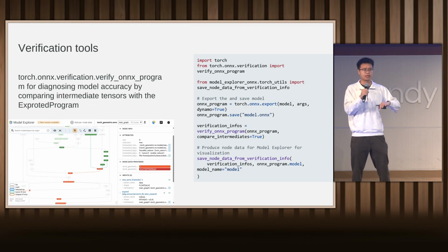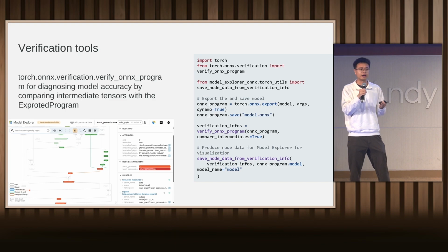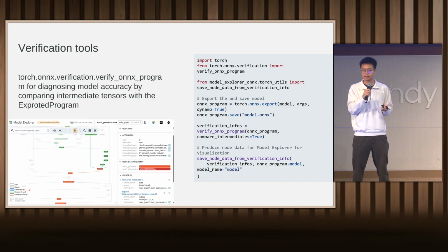Because we thoughtfully name the values inside the ONNX graph to correspond to the actual nodes inside the exported program, we have a means to verify all the intermediate values produced by the ONNX model, so that it makes it very easy to spot any discrepancies